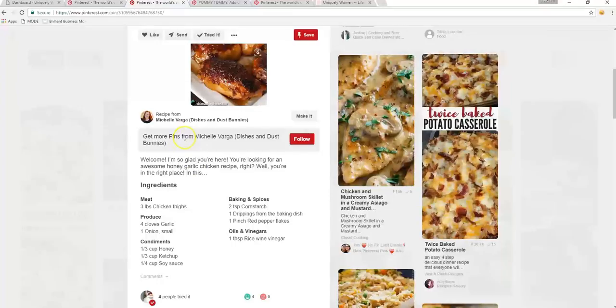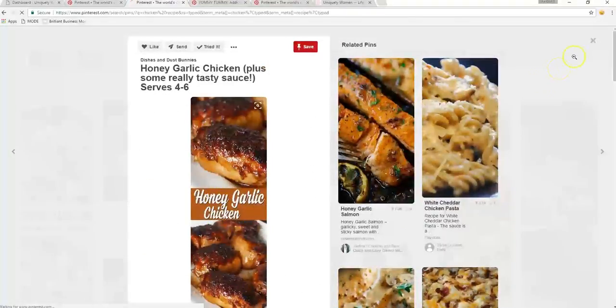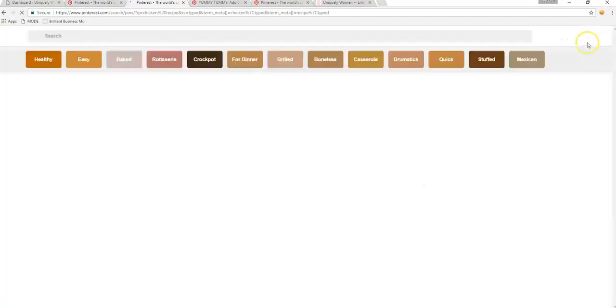So what happens with rich pins is once it's all set up, it populates this from your website. It populates your ingredients already for a recipe. It populates the description and everything. And it just looks a lot better too. Let's go back to,